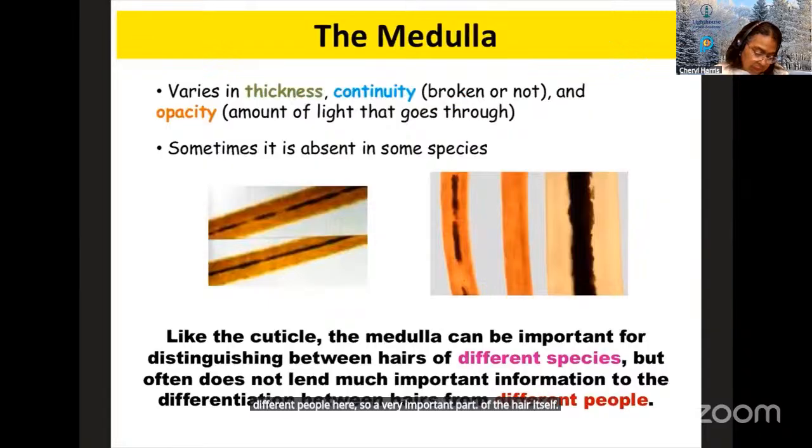The medulla, or the middle part, is very important for determining different species, but just like the cuticle, it's not helpful in determining whether or not a hair came from a specific person. All right, so sometimes the medulla may not even be there at all. You won't see it, but it can vary in thickness. Sometimes it might look like it's broken. All right, so you can look at some of these pictures. You can see here in the pictures, it looks like the medulla is broken a little bit. And then sometimes it's not even there at all. Okay, so the medulla,